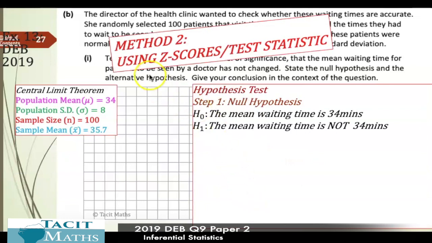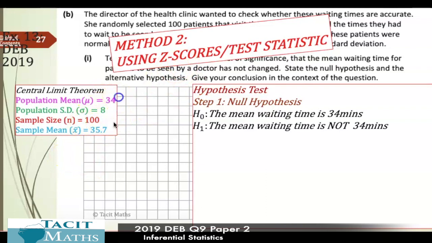Now, there's a second method then, right, and that's using z-scores, or another way of saying it is test statistics. You see what I mean in a second. Now, the good news about that is that the steps are almost exactly the same, right? You list out your data. It's the same data we're using. The null hypothesis is exactly the same,